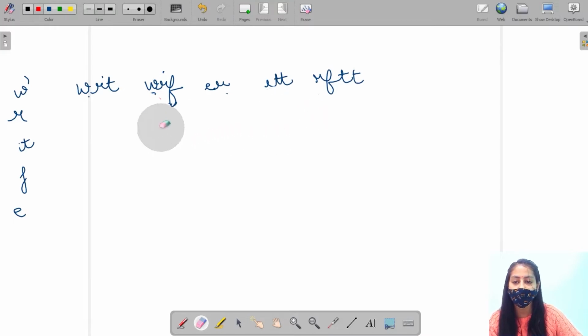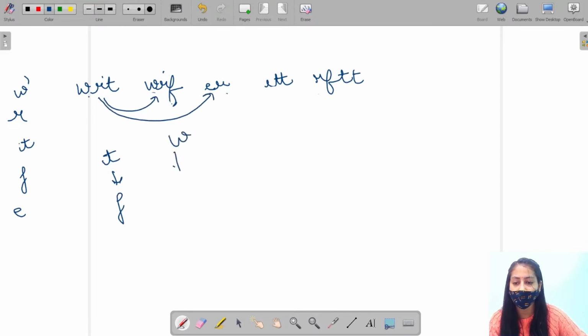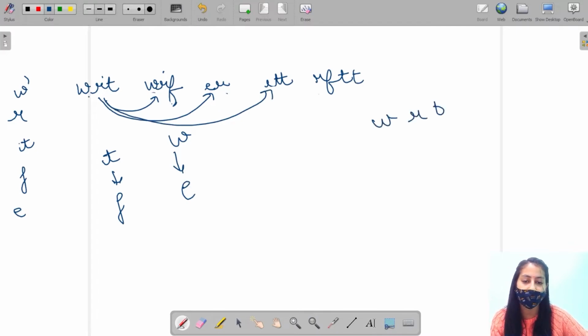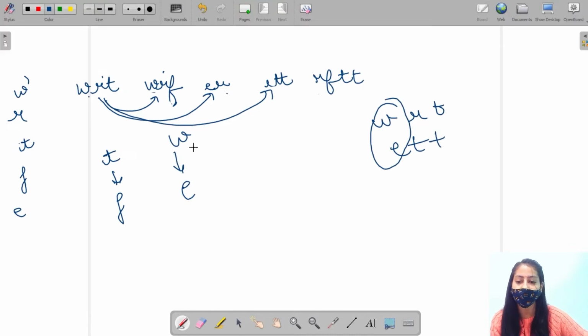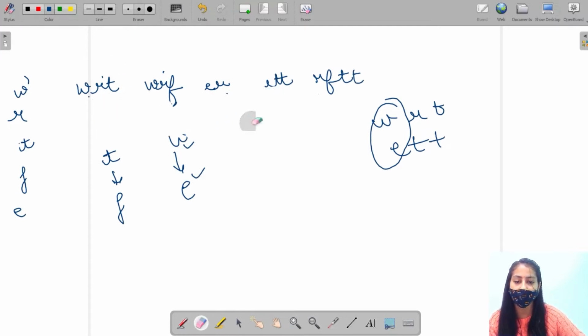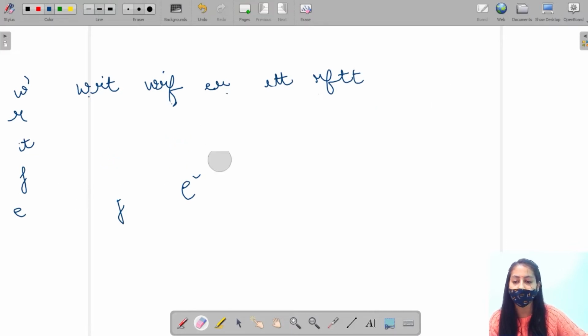And also, if we do this in this way, it will increase the redundancy, because when I compare these two, this will tell me that T comes before F. When I compare this two, this tells me that W comes before E. Now I compare this to WRT and ETT. The first mismatch characters are W and E. This is also telling me that W comes before E in the lexicographical order. So this approach will result in a lot of redundancy, right? So we can avoid this.